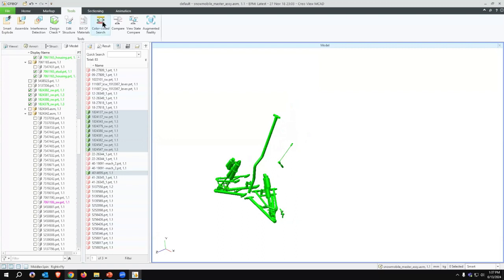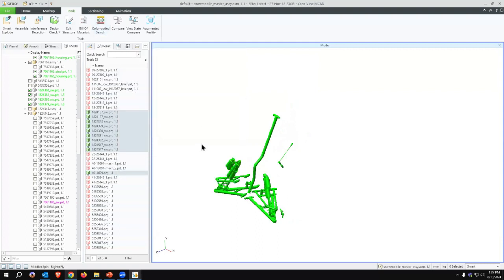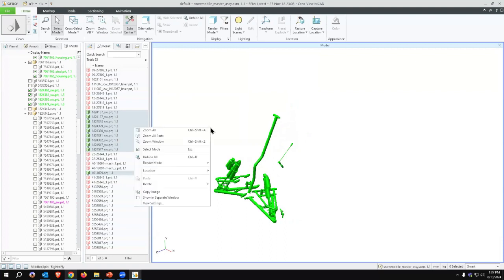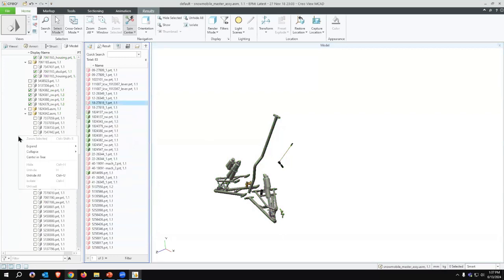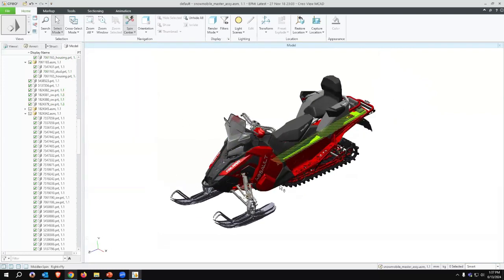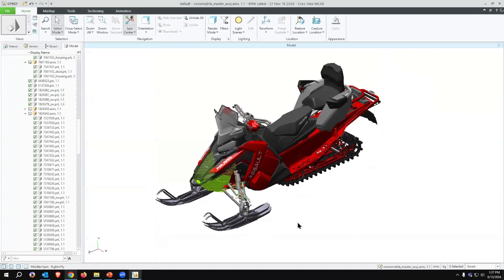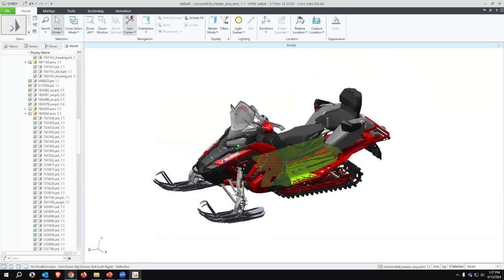Any kind of query that you make, you can then color code using some of the MCAD functionality. As I run through, I'm going to unhide everything, uncolor code everything, and just go into the model. As I go through my ribbons up here, there are different things I can do with the viewer. So, searching, color coding. I may not do that every day, but something I may do every day is